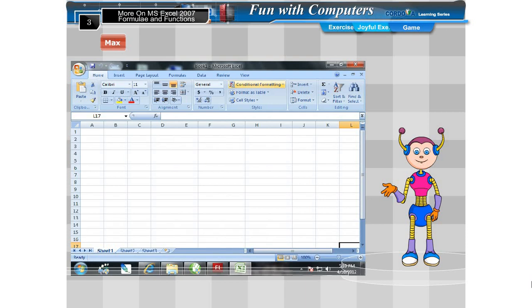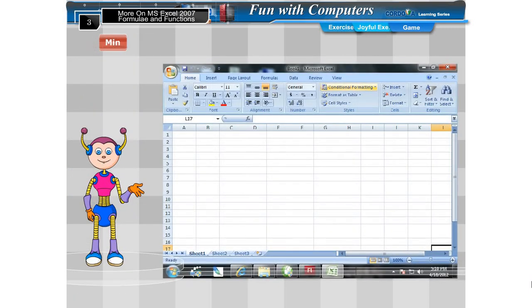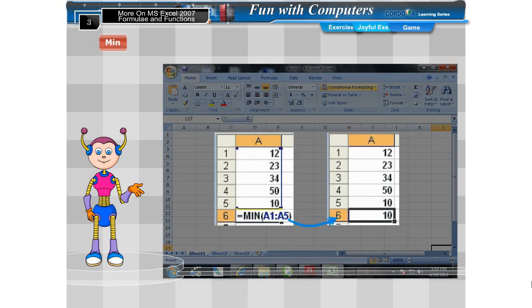Syntax is equal to MAX(range of numbers). Example: MAX(A1:A5) gives the output 50. Minimum. It returns the smallest value in a given range of cells. Syntax is equal to MIN(range of numbers). Example: MIN(A1:A5) gives the output 10.